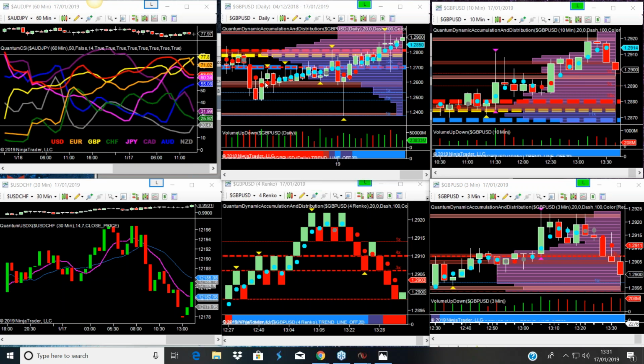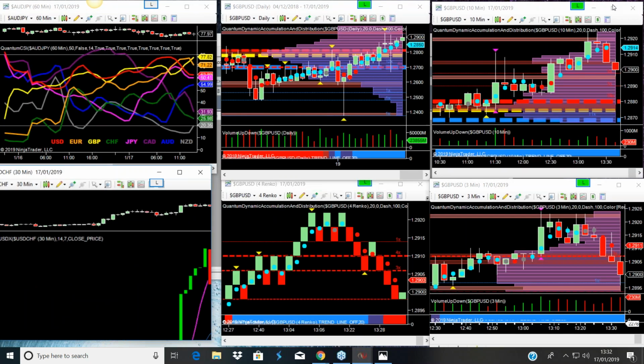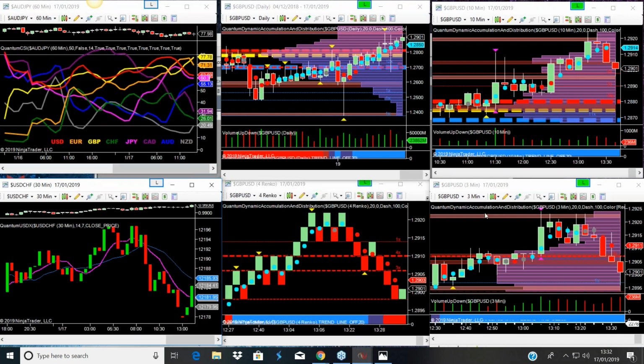I then also have, because this is a major and it obviously has the dollar, a dollar index. This is our own version from Quantum that we have developed, because if you're trading a pair that has a dollar, you need to know what the dollar is doing globally. Is it being bought or is it being sold? And then I have a Renko chart, and I have